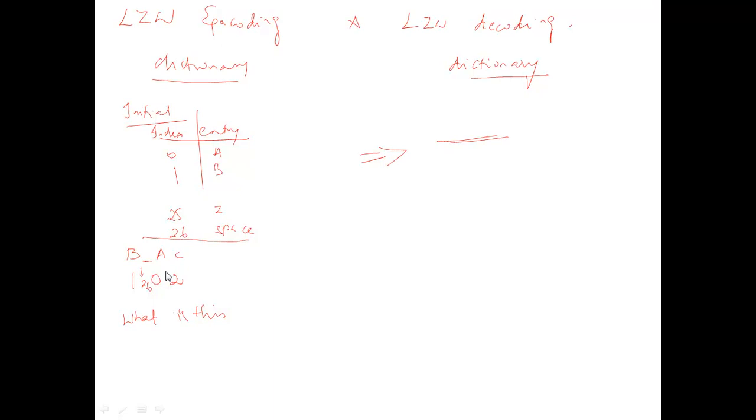For every single symbol transmitted, the dictionary is updated on the transmitter side; similarly, for every single symbol received, the dictionary is updated on the receiver side. Let us do this with an example.